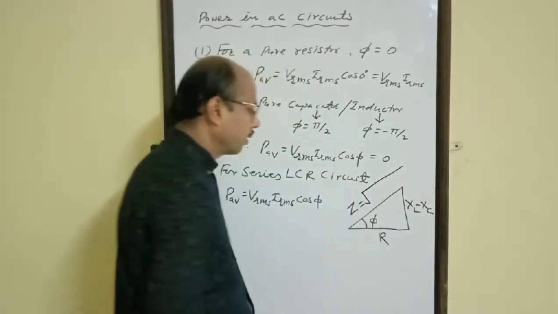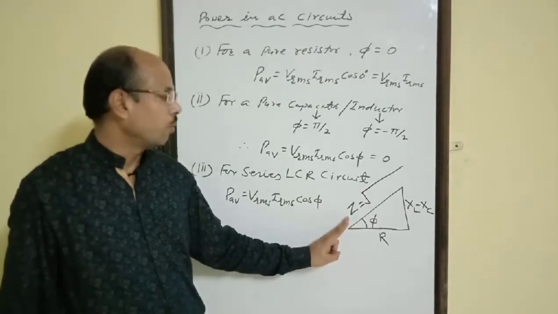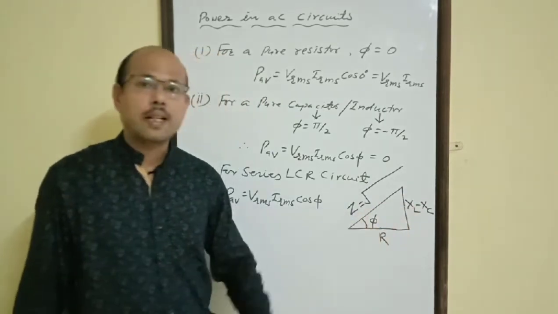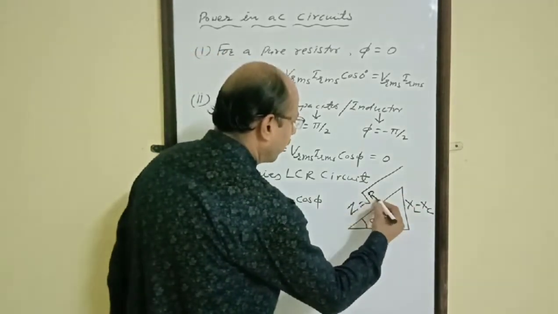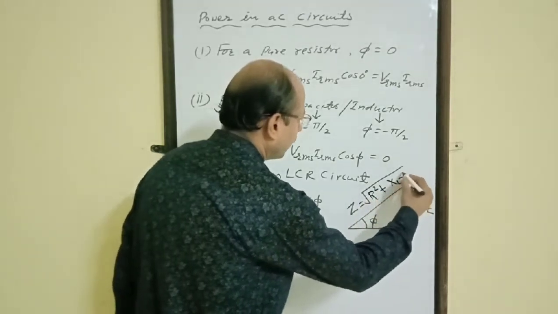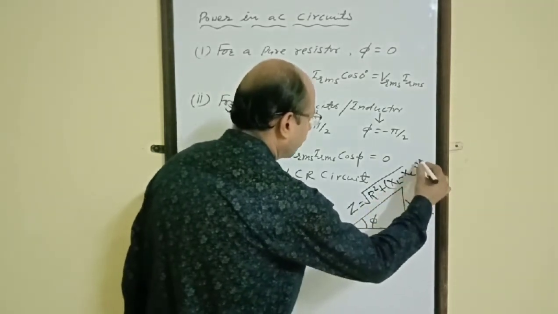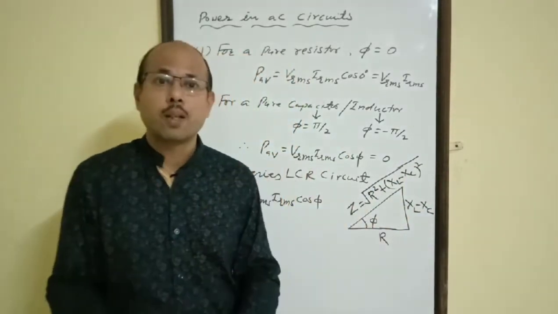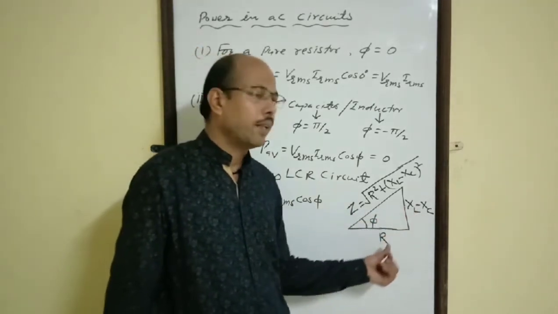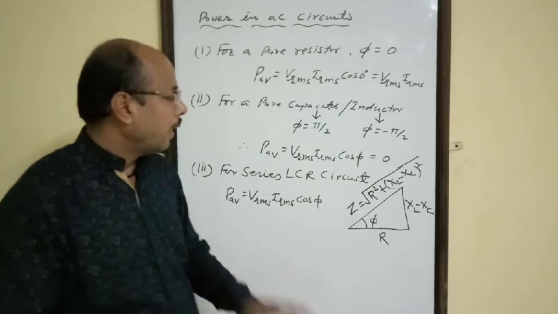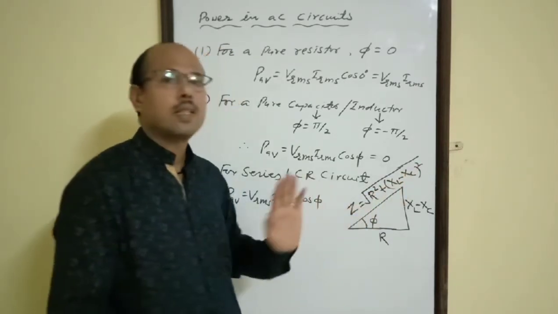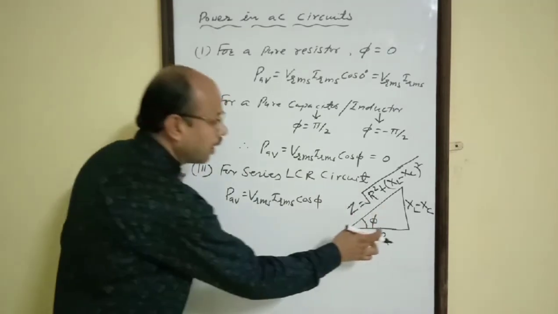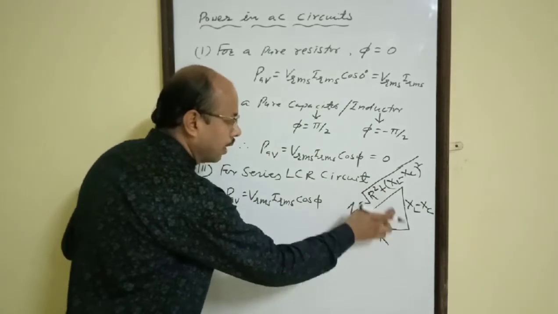Now you can also remember, this is the trick to remember the formula for impedance Z. Here it is R, here it is XL minus XC. This is a right angle triangle, therefore Z will become the square root of R square plus XL minus XC whole square. So by using this impedance triangle, you can remember the value of tan phi, the value of cos phi, and the value of impedance of series LCR. Therefore, from this triangle we can write cos phi as R by Z.